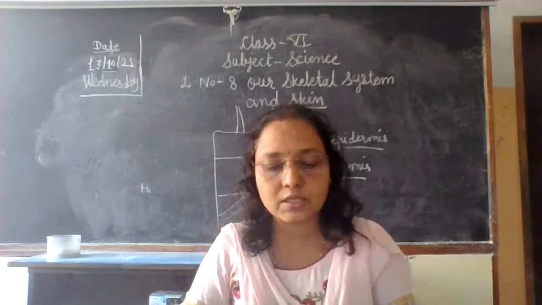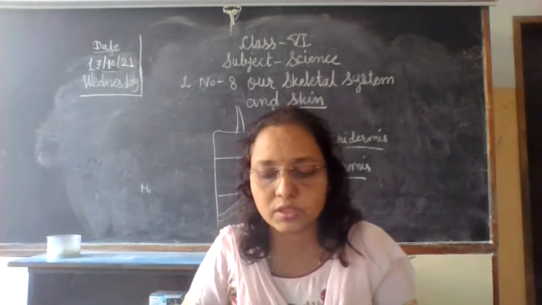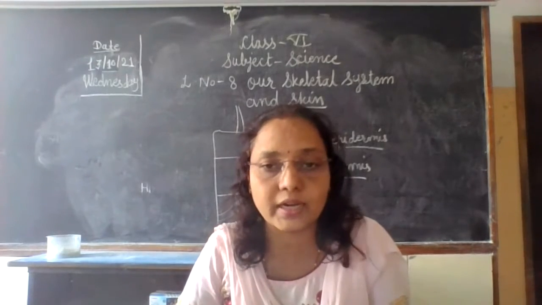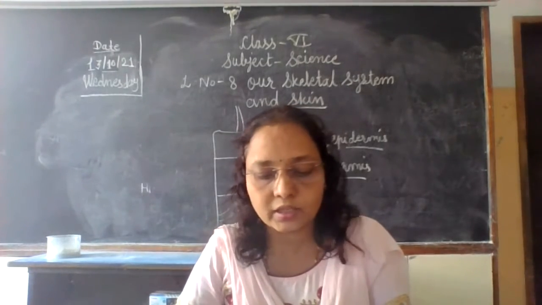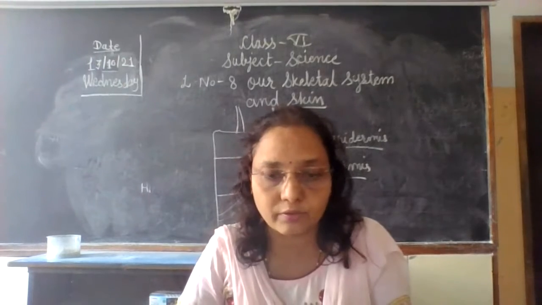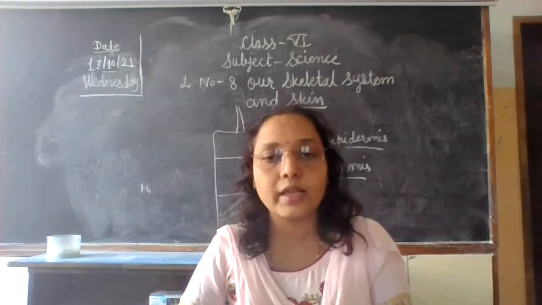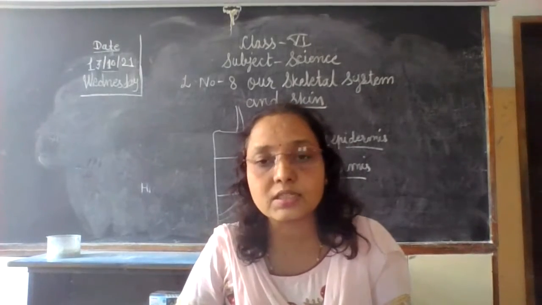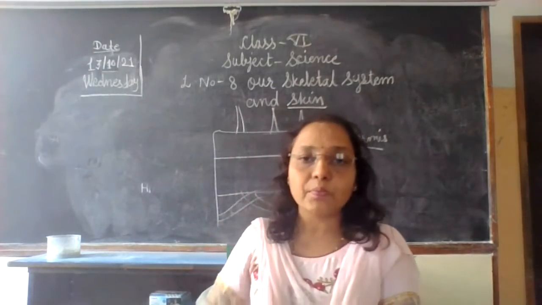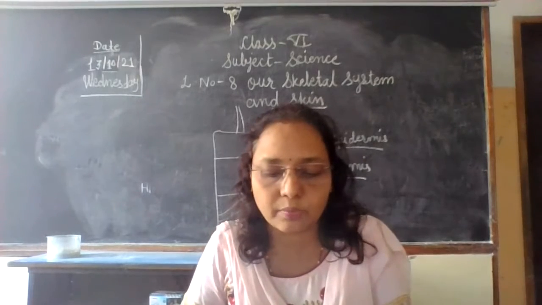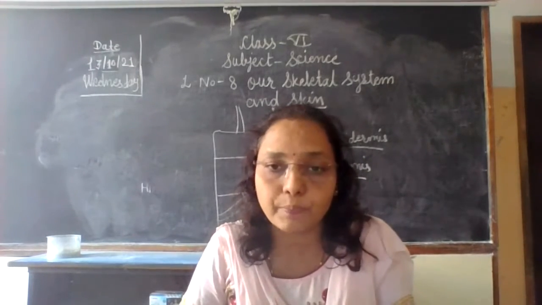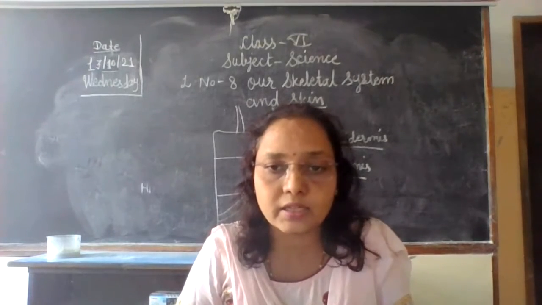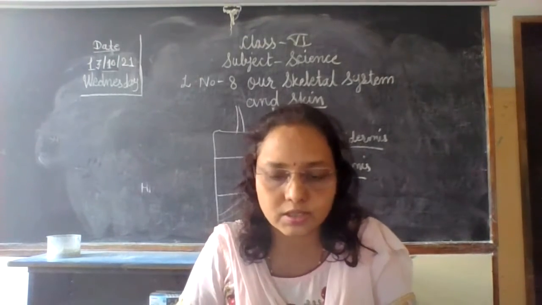What we learn in this lesson: we learn all the types of bones in our body along with cartilage together form a skeletal system. Then the skeleton gives shape and support to our body. It's a function of the skeleton. Then the outermost covering of the body is called the skin. The skeletal system and the skin perform a very important function of protecting the body and the internal body parts. We must take care of our skeletal system and skin. It's a very important body system.